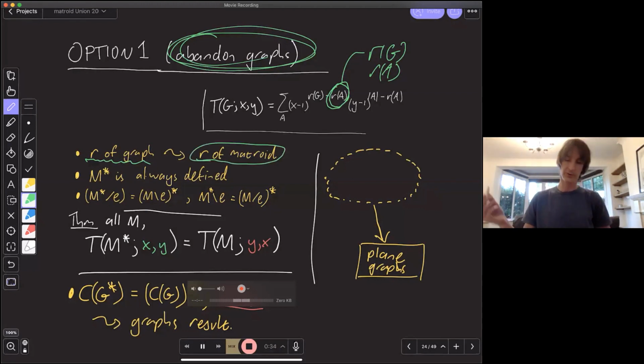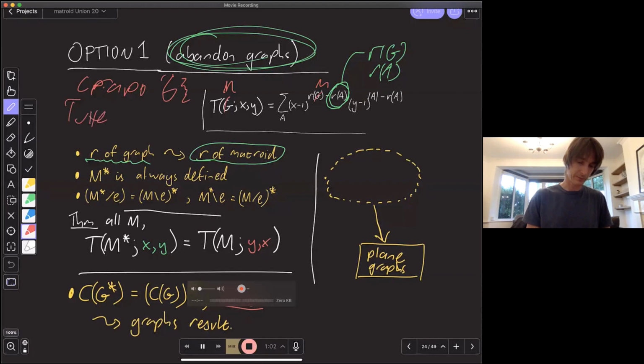So I can just go through and replace my G's with my M's, and I end up with the Tutte polynomial of a matroid, which was first defined by Crapo in 1960-something, and it was also in Tutte's thesis, implicitly, but in the language of nets, which are representable matroids. So we've got the Tutte polynomial of a matroid.